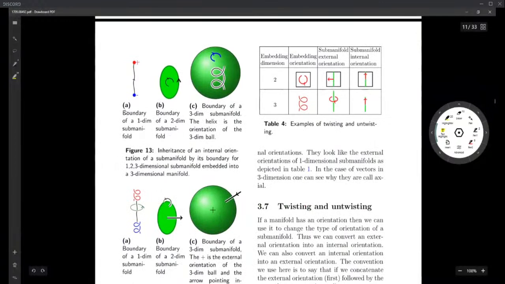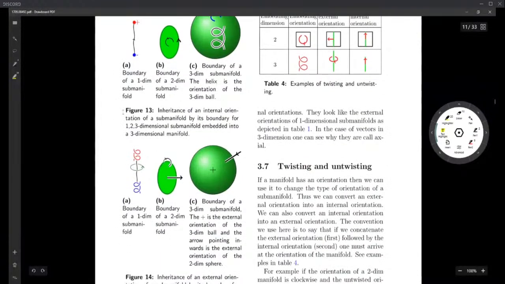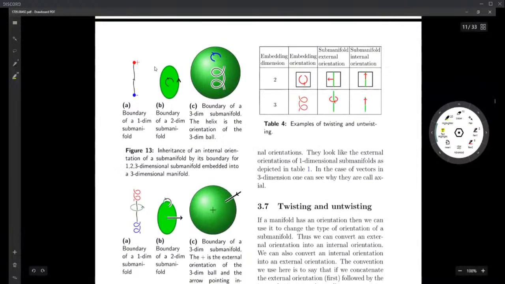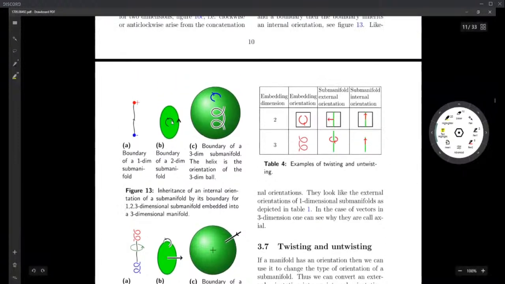So right here we can see those examples of that. And if it's an external manifold, it inherits the external orientation, because right here you can see the orientation of a one-dimensional manifold. It has pluses and minuses, and it follows the same convention. It just obtains that from the manifold it's within. So yeah, the boundary of a two-dimensional manifold, again,